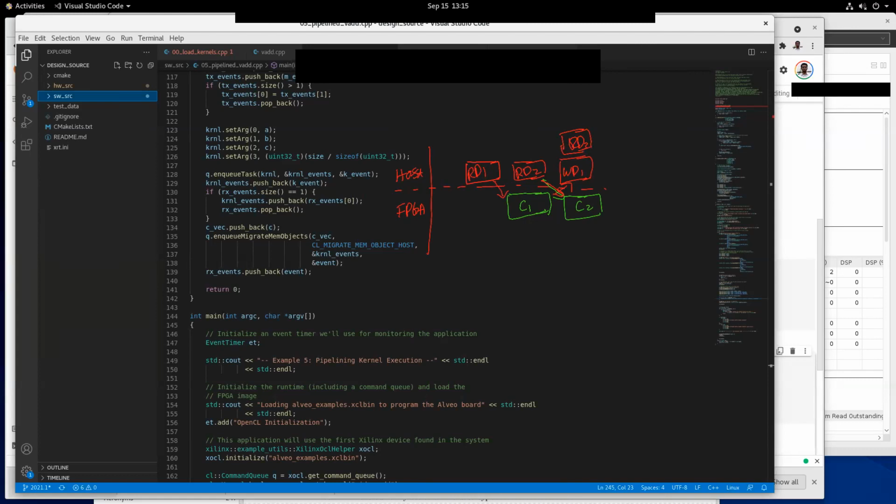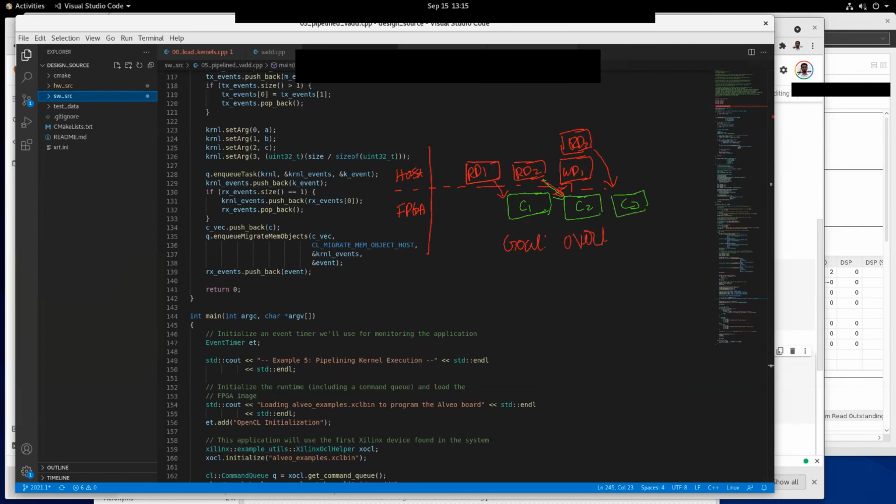So by the time C2 starts computation, the data is available. And similarly, by the time we do C3 computation, this data D3 is available here, and so on and so forth.